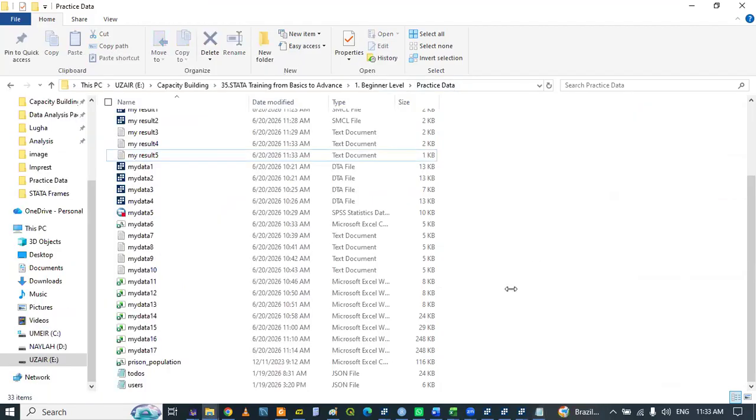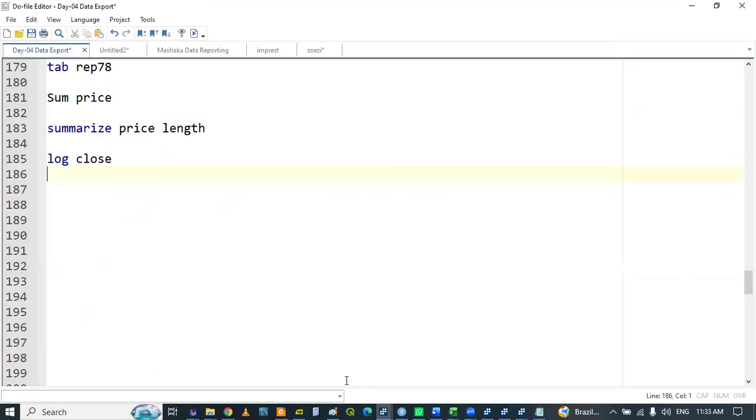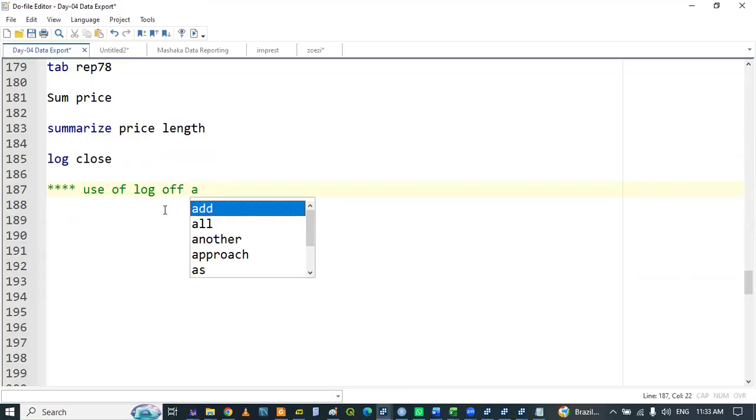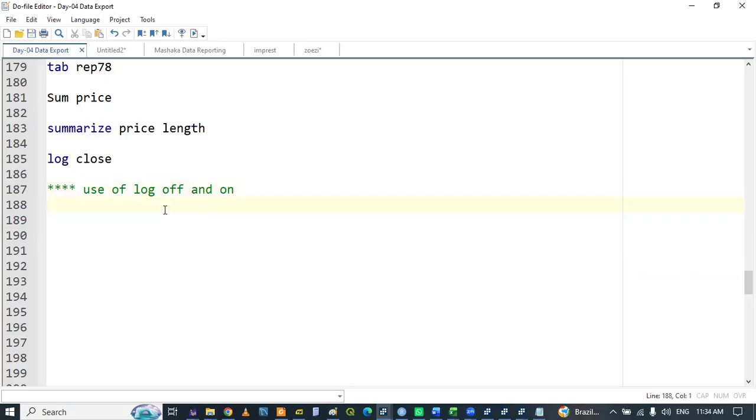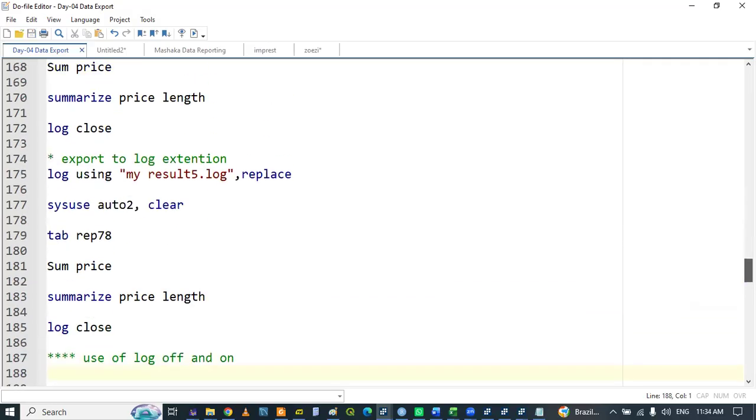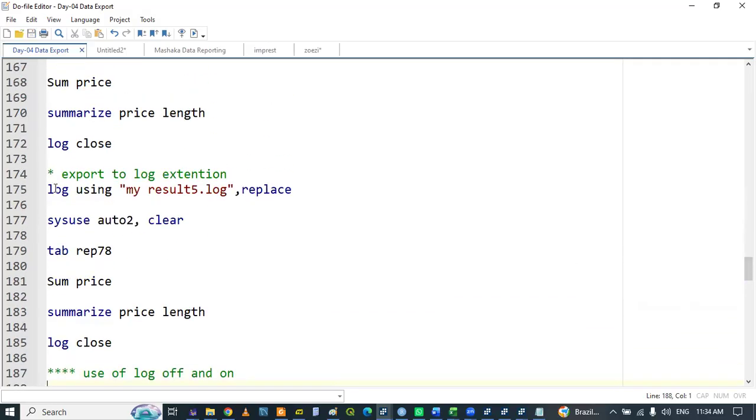So this is the side of log. This is still a concept of export. And now I'll finalize with the use of log off and on. Log off and on. What is the use of log off and on? For this one, I would prefer to use the last option. Log off and on,